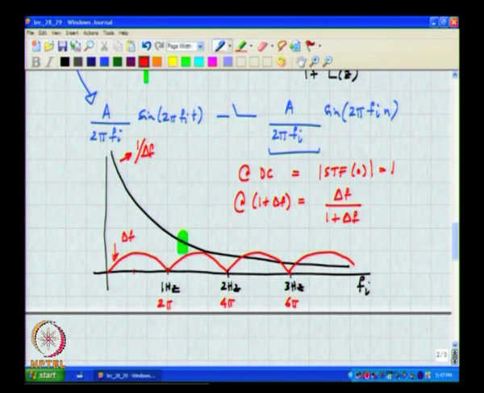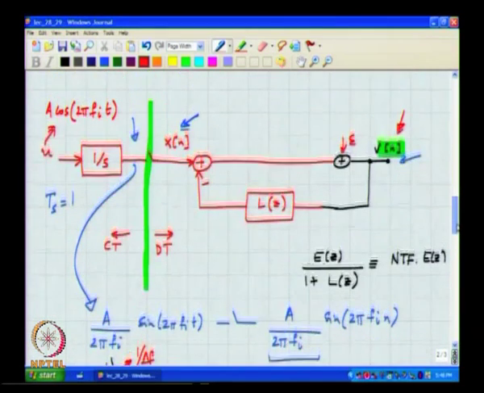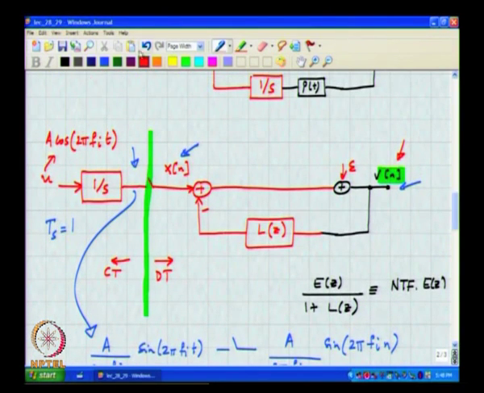Okay, very good. Okay. So, you can see that at a frequency input which is 1 plus delta f, where delta f is a small number, right, what will happen? A cos of 2 pi times 1 plus delta f times t. At the output of the integrator, what is the amplitude?